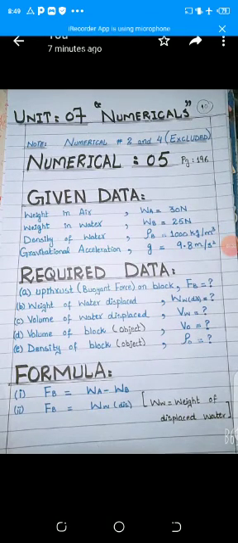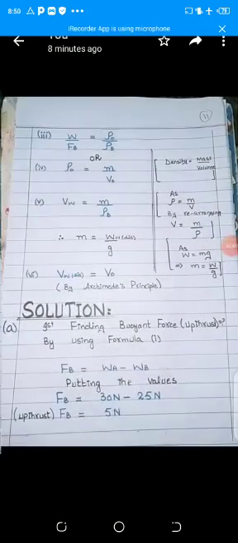The formulas: the first one is FB equals WA minus WB, and the second is FB equals WW. Now the WW is the weight of the displaced water. The third is W by FB equals density of object divided by density of water, and the fourth is